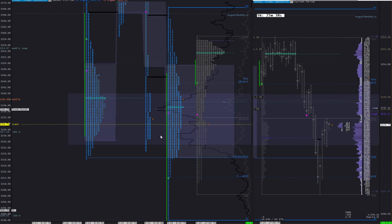We are opening within yesterday's range and within this high volume node from last week, so we could expect more chop and more rotation, but that doesn't mean the ranges will be small. I think ranges can be quite wide because overnight is over 50 points. Yesterday was like 70 or so. So today we can expect more rotation within yesterday's range, and until we get clear direction, I don't think we